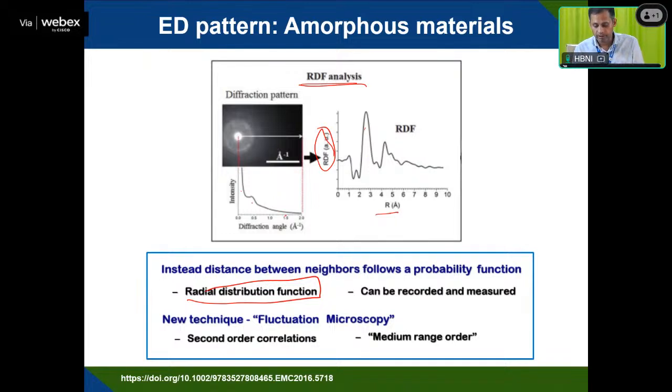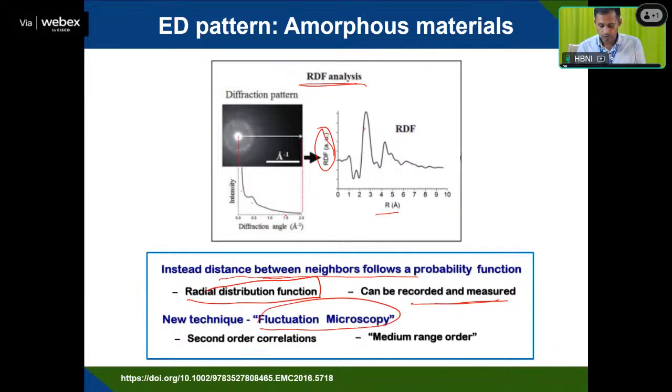So this can be recorded and measured, and that will be useful to give you, instead of the distance between neighboring atoms, a probability function here. So the probability of how the intensity is decreasing. So you are able to get information from the amorphous material, the short range ordering, all those things can be obtained. A new technique like fluctuation microscopy